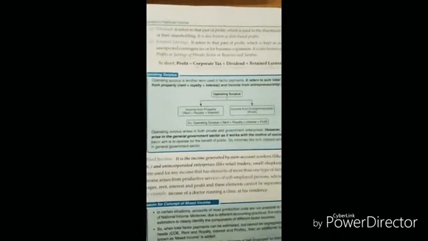earning. You can see, students, it's written here, profit is equal to corporate tax plus dividend plus retained earning. That means if these three are given, then it is equal to profit, or if any two are given, or any one is given. But if profit is given and all those three things are given, we need not calculate profit because profit is already given. Okay, now we'll see operating surplus.